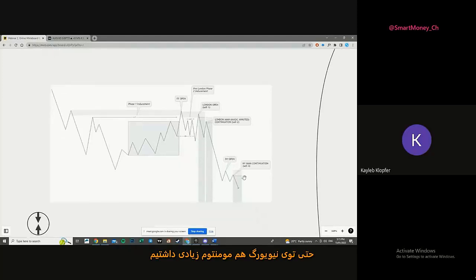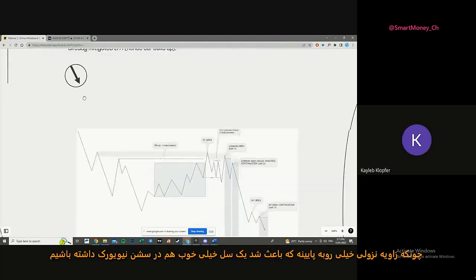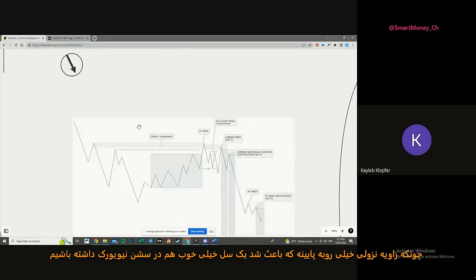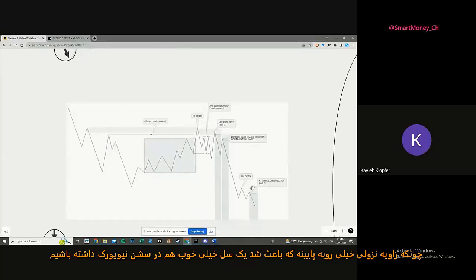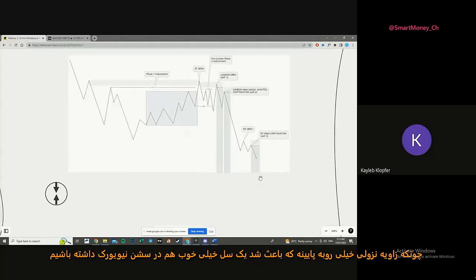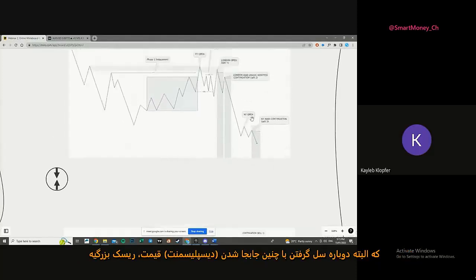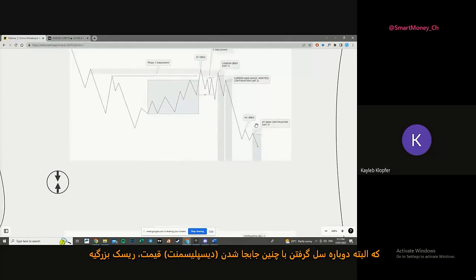And even New York, we had so much momentum because we have a very downwards angle here that we even had a very good sell during New York. Okay, a bit dangerous to do it with such a displacement, but if the setup sets itself up, creates inducement, creates our valid three rules, and works, it works. Okay.